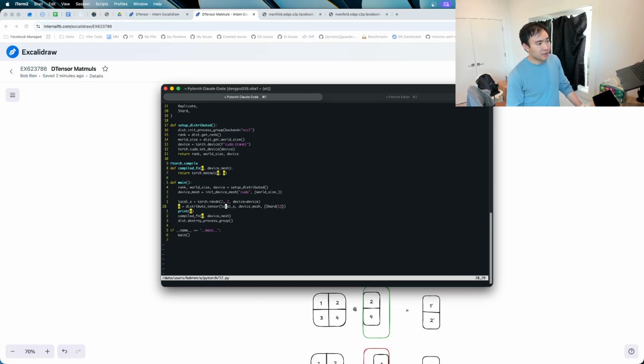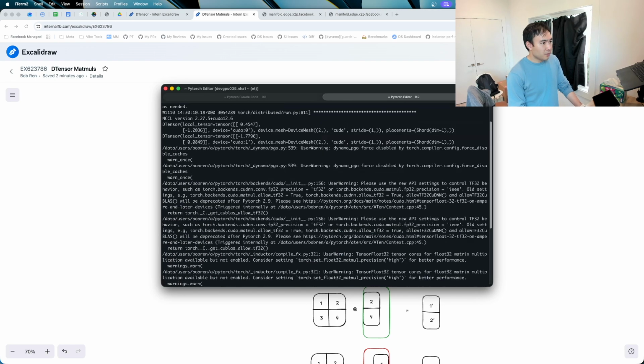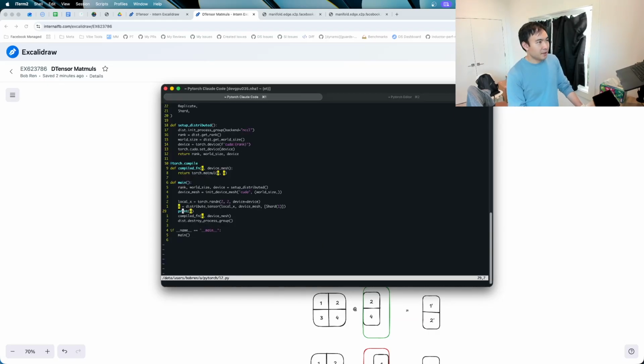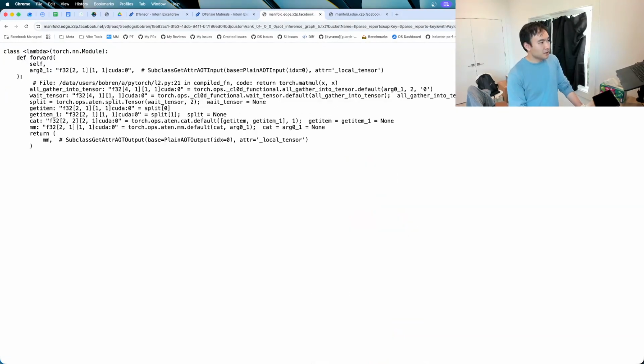We're going to distribute it on the first dimension, so we're going to shard by columns. We're going to call this function, and then we're going to print out what x looks like after this. If we run this, you'll see that it runs, and what's interesting is that it gets printed twice, right? Because we have two ranks. The output tensor x is also sharded on dim1, and if we take a look at the TL parse,